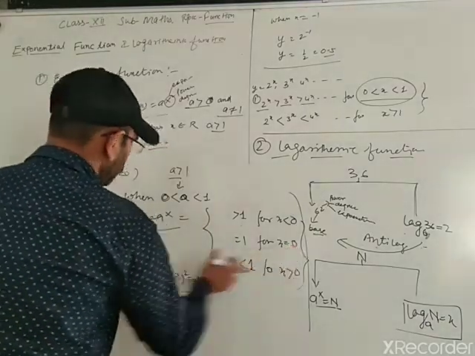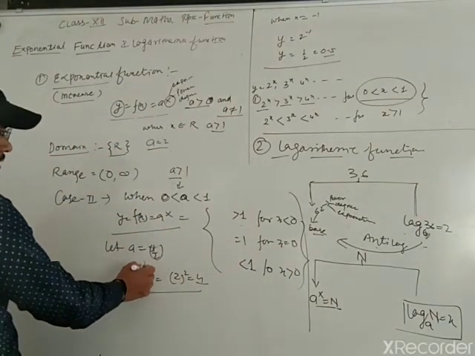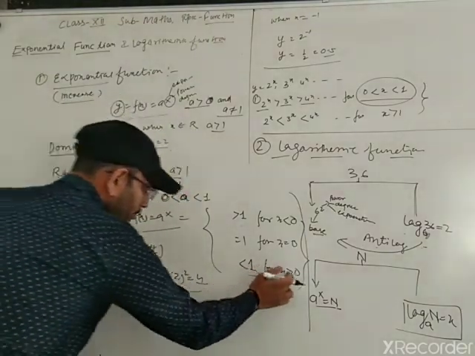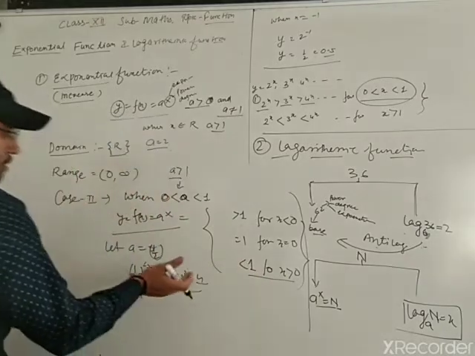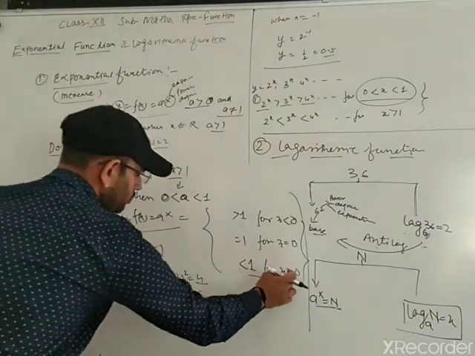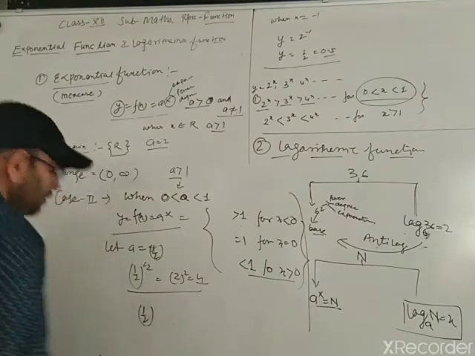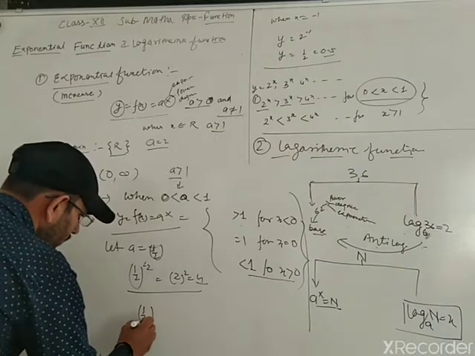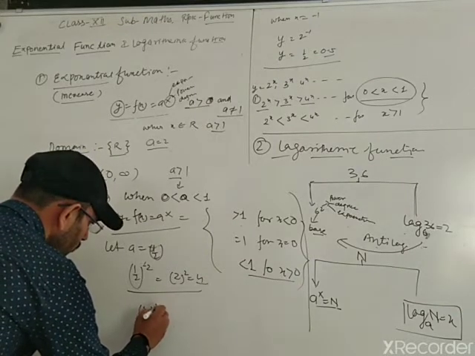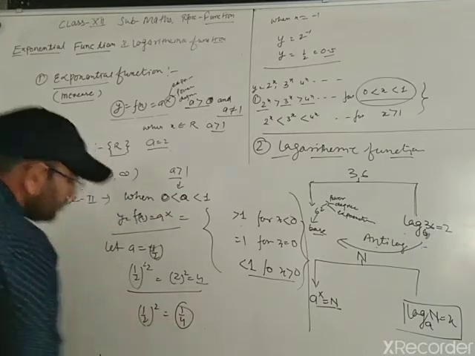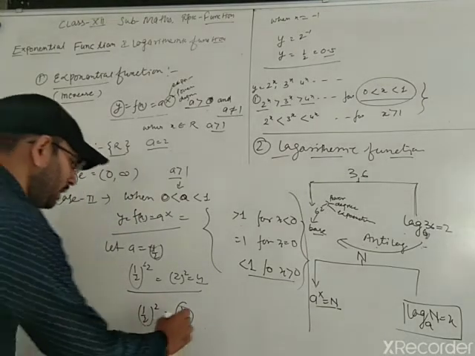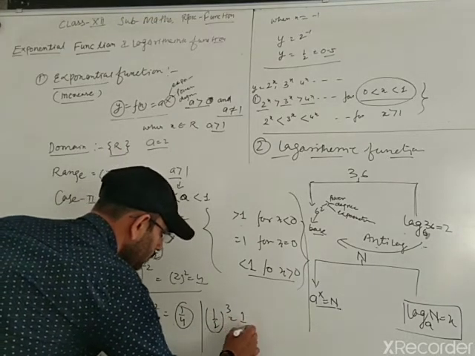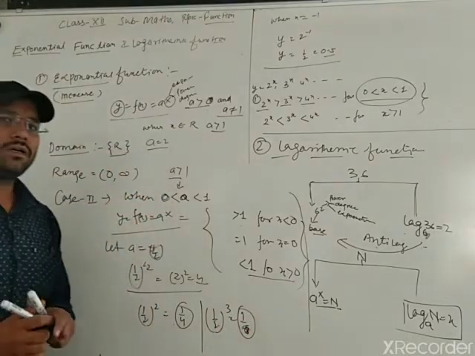Case second, if you take 0, you know that the power 0 of any number is always 1. Left then. Now next, you have to take a less than 1, x greater than 0. So 1 upon 2 we have taken as a, and x is taken greater than 0. Suppose we take 2. So it is 1 upon 4. Again, if you take 3, then (1/2) to the power 3, you get 1 upon 8. I hope it is clear to you.